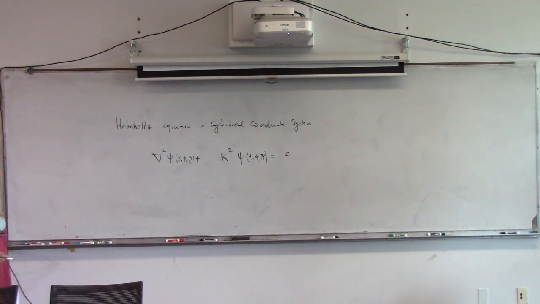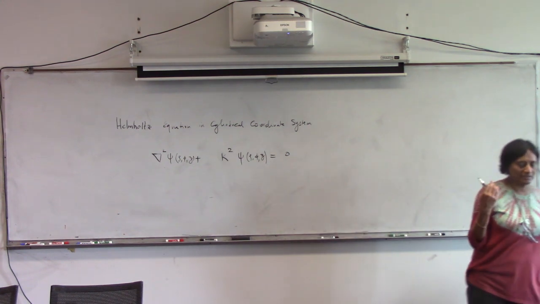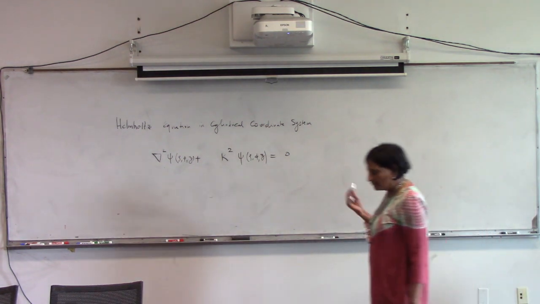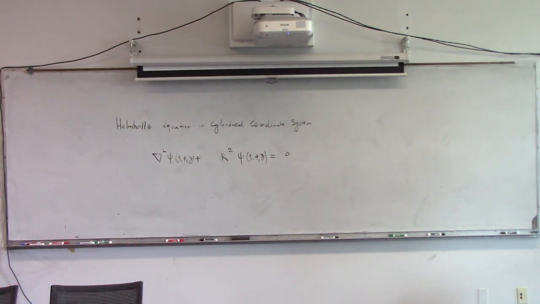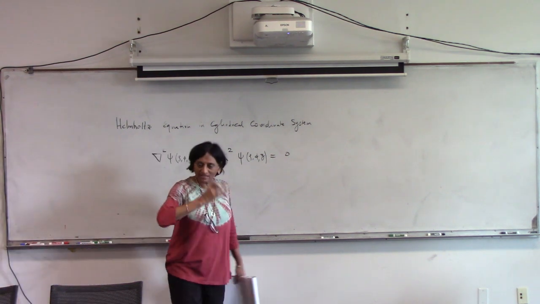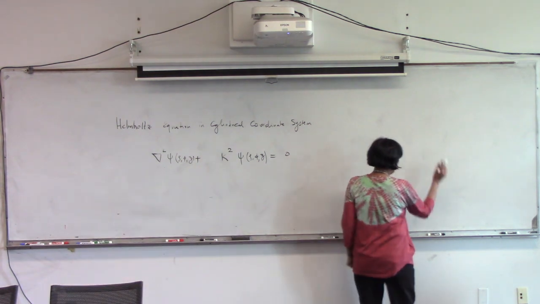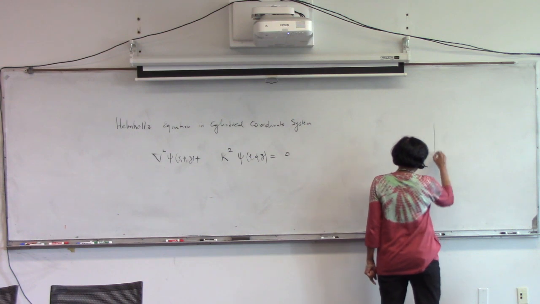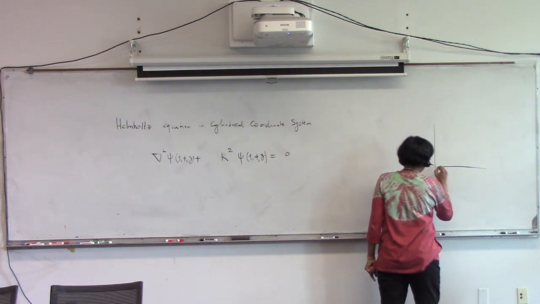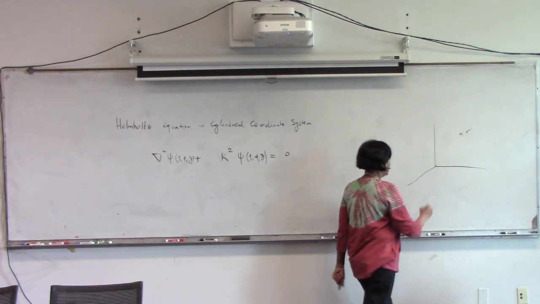Supposing we come across something like the heat diffusion equation, but a steady state diffusion equation, it will look somewhat like that, right? In cylindrical, let's say you have a cylindrical plate or something like that, you may want to use a cylindrical coordinate system. So what I want to talk about is, supposing a point in our position vector